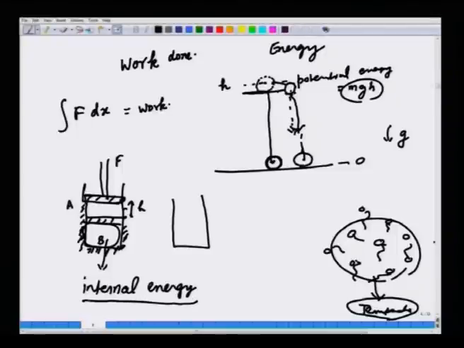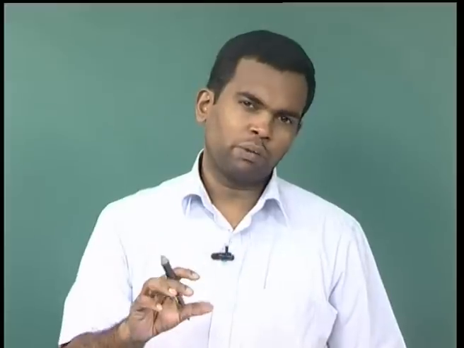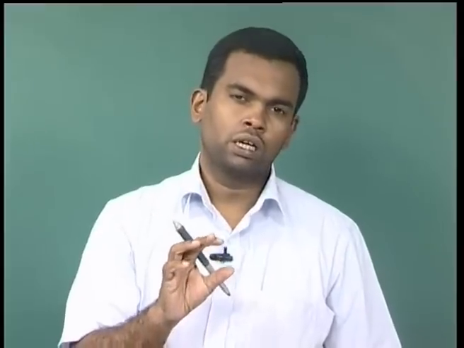So, this is a new concept that by doing work you can not just change the macroscopic kinetic energy or potential energy of an object, but you can also change the internal energy of an object. Okay. Now, the first law of thermodynamics tells you that, so this is also not very different from what mechanics is doing, because mechanics is saying that by doing work you can change macroscopic energy, like macroscopic kinetic energy of the ball or its potential energy. But here we are merely saying that the work that you are doing is going to do something else, that is change the internal energy of